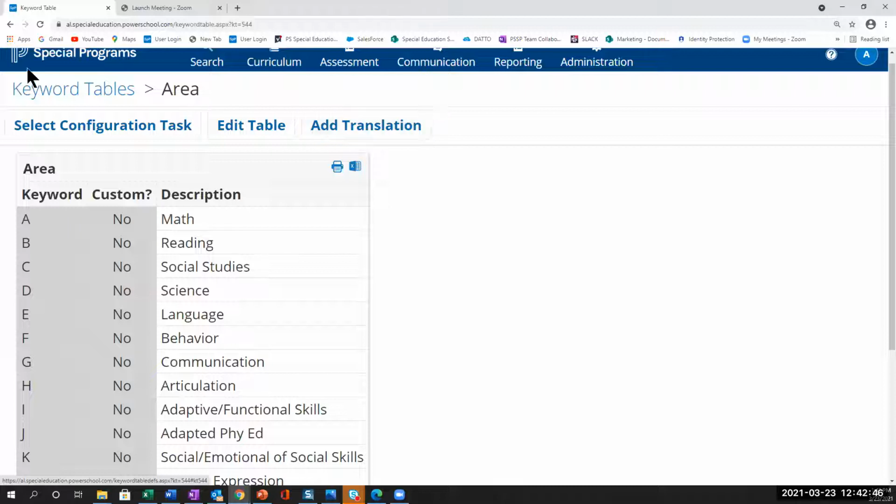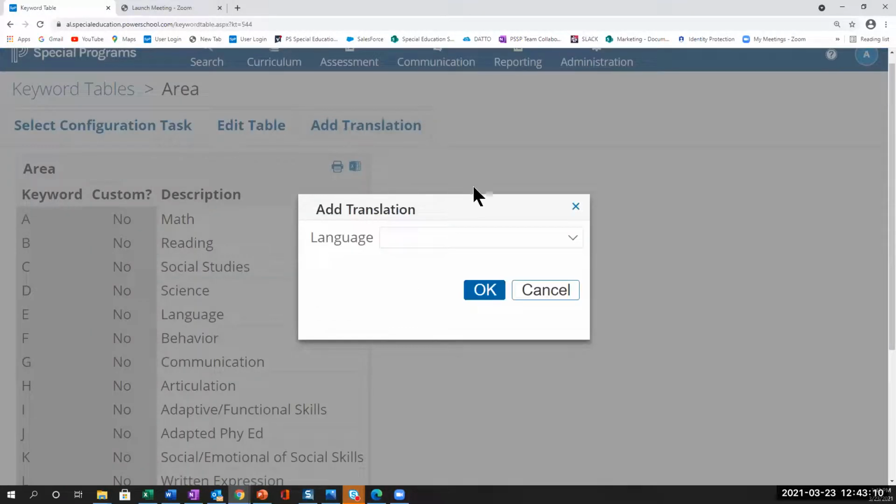But if you were translating an IEP and you went through all the steps that Christine showed you to translate the document template and then to go in and use the translation, what you would have noticed is that on the goal page, wherever there was a keyword table for subject area, it wouldn't have translated this. So if you are using translations,